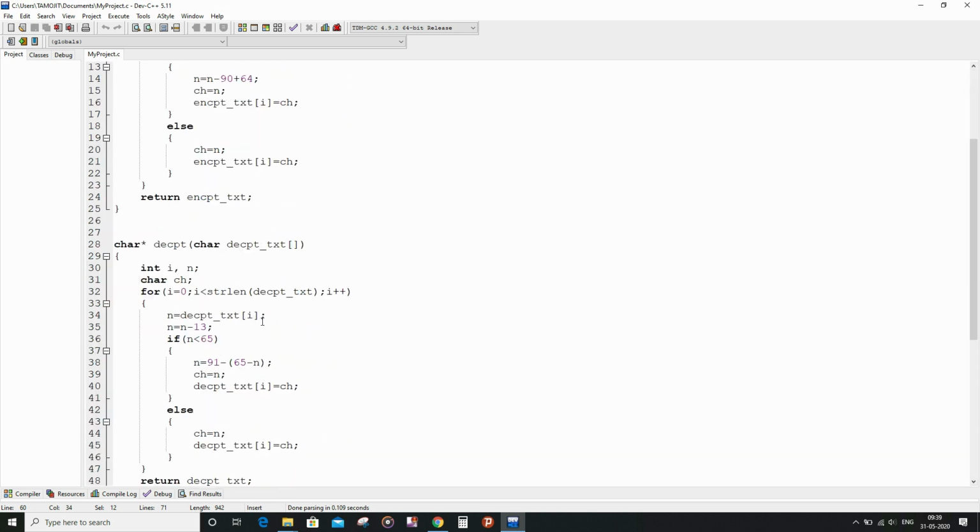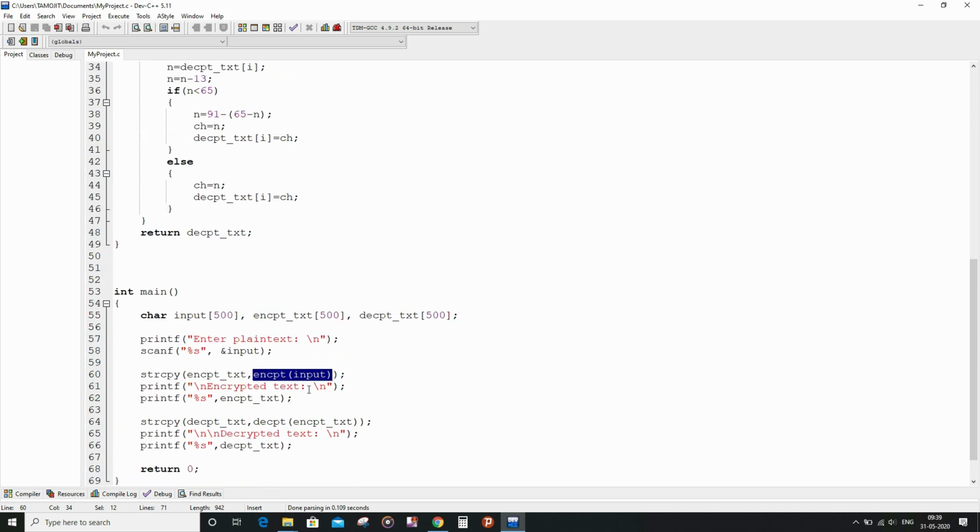Coming to the decrypt function, it will accept the decrypt text, which is the formal parameter, and the actual parameter is encrypt text, which will be passed here, as you can see in this code segment.